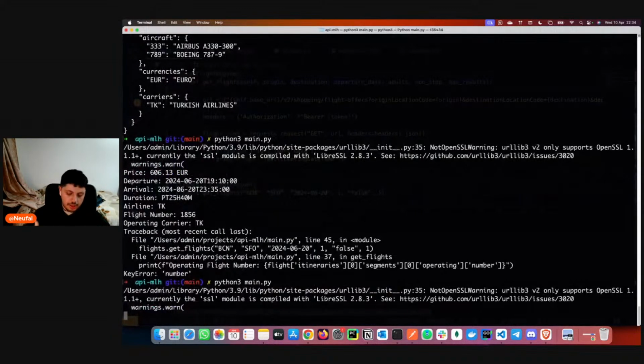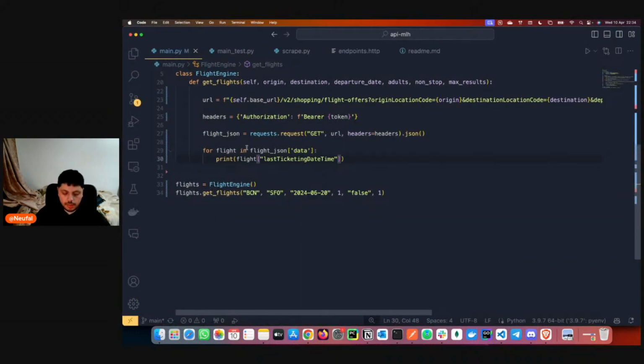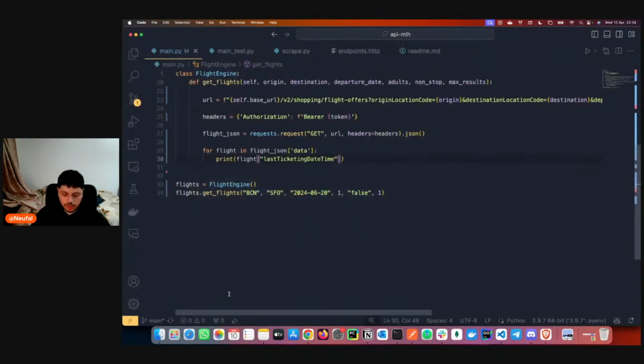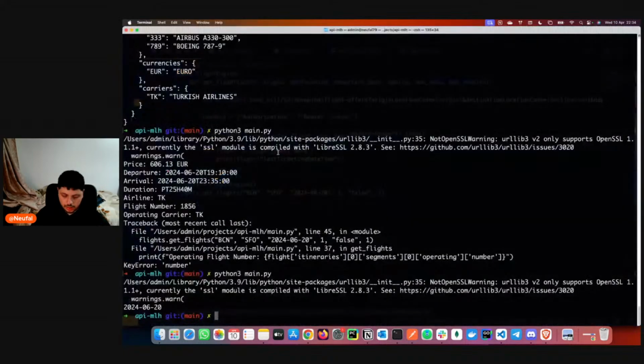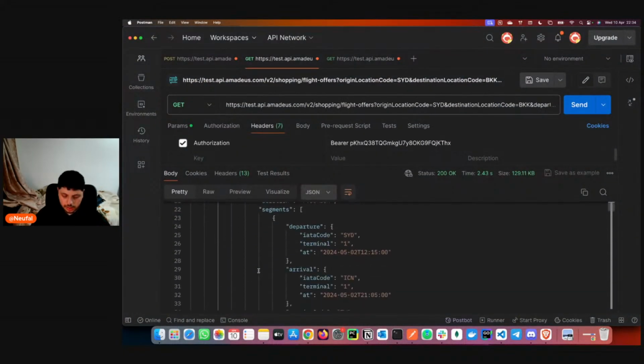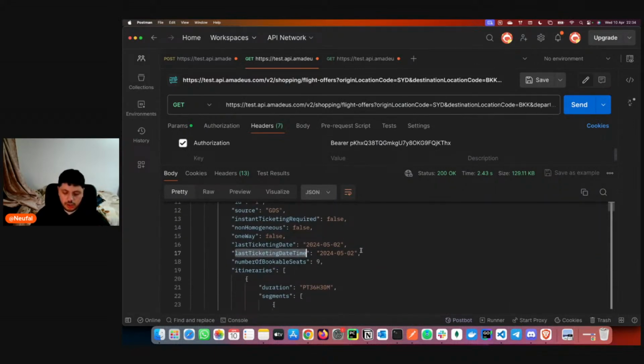So it's making the token response and taking this one. So for flight in flights, I think why it's just getting one is, oh okay, because there's only one.